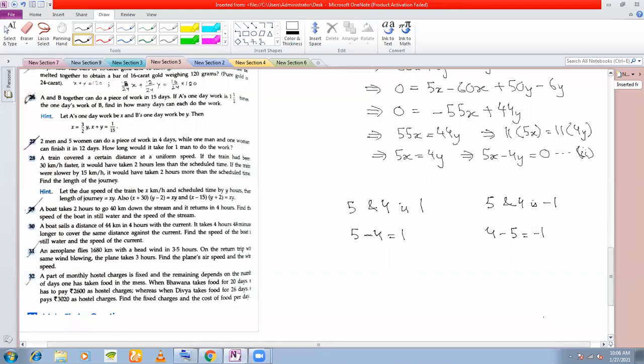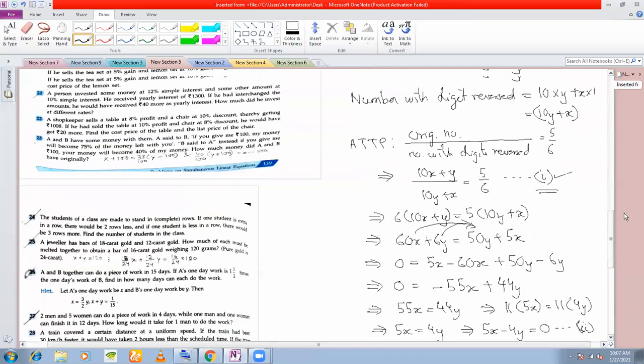So if the difference is positive, I must know which number is greater. Out here 5 is greater, so I'm subtracting the lesser number from the greater number. If the difference is negative, then I know that I am subtracting a greater number from a lesser number. So out here the difference of the digits is given to be 1. That means what am I doing? I'm subtracting a lesser from a greater or greater from a lesser. Which one? Lesser from the greater.